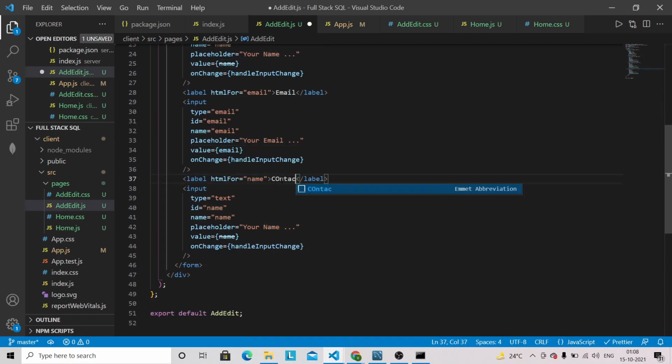In the last field we have contact. Let's give contact here, type will be number, and ID will be contact, so I will just paste here. Name will be contact, the label will be contact, and this will be like your contact number. Okay,